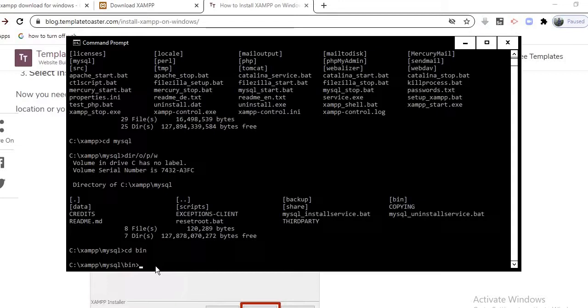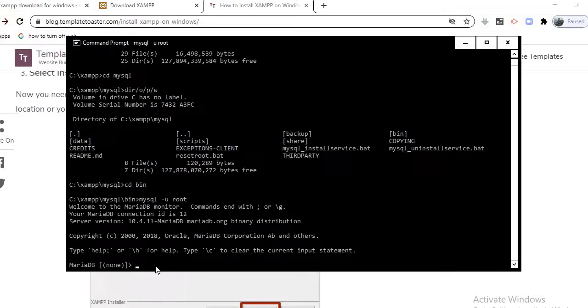And here the most crucial aspect is how to go and connect with your MySQL. So you have to type here mysql -u. This is for username, and by default the username is root. Just press the enter key. Because we have not kept any passwords, it is not asking for any password. During installation we have not set any password. Now students, we have connected with the MySQL database, and the connectivity steps are now over.